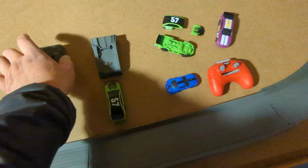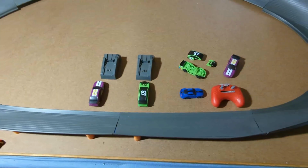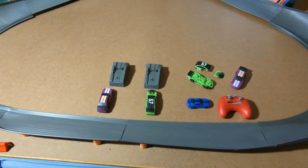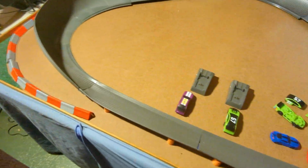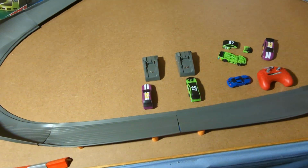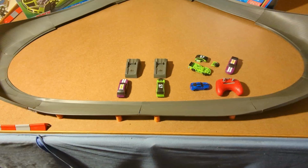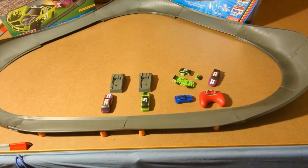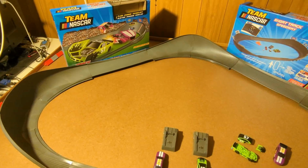Right there. So this one's got the batteries in it. One of them is going to be converted over to a USB power supply, so I can just plug it into my power strip over there, and then I can charge the cars whenever I want, plus use it for other things too. So anyway, that's going to happen. I have to modify those. I'll show you how I did it. I'll do a video on it in case you have one of these Far Out Toys tracks here, Crash Circuit